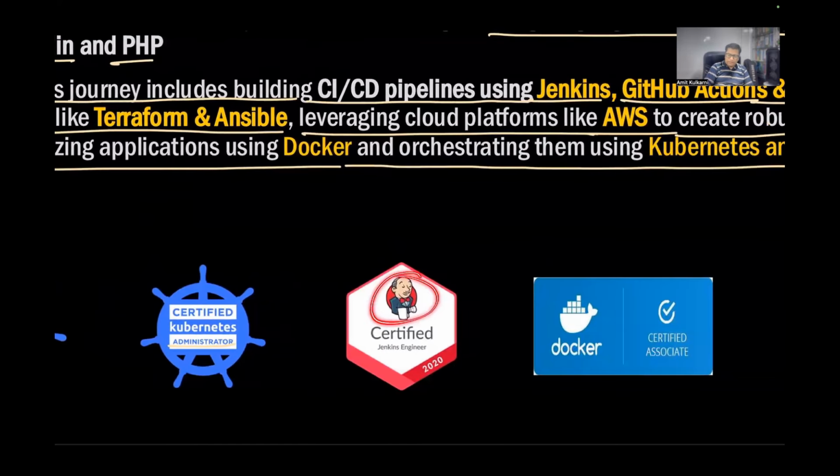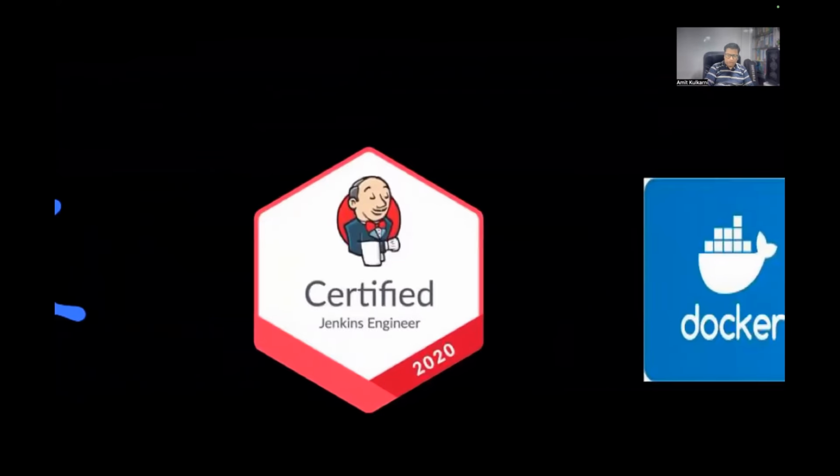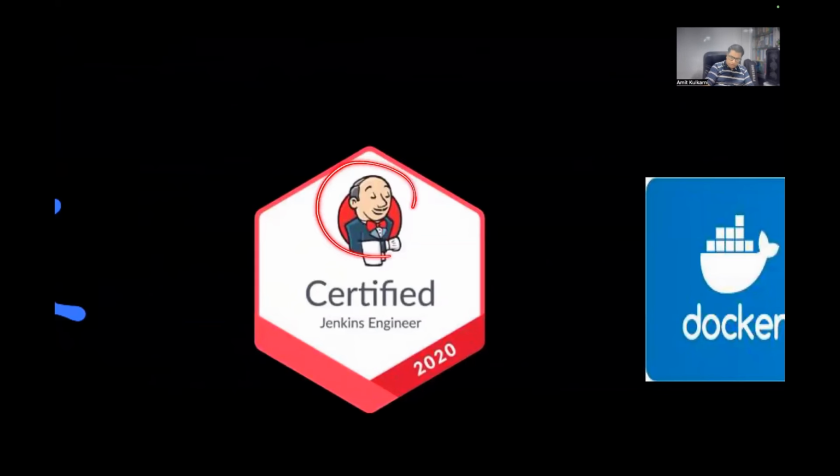Another one is Jenkins, the logo which you see here, the person who is holding the towel, or you can say the napkin, in his hand. This person is called Jenkins. This Jenkins tool has been in the market since 1984, I believe. So this is a very old tool.